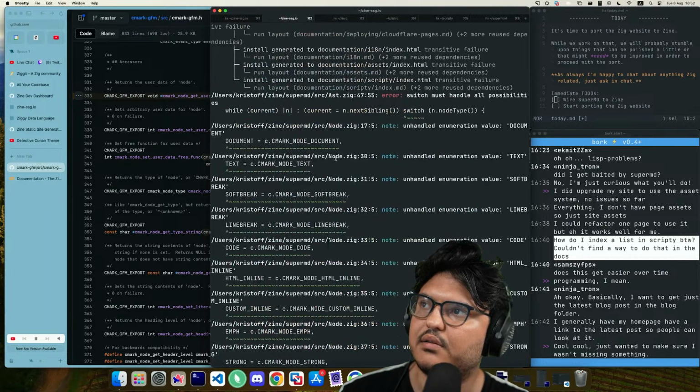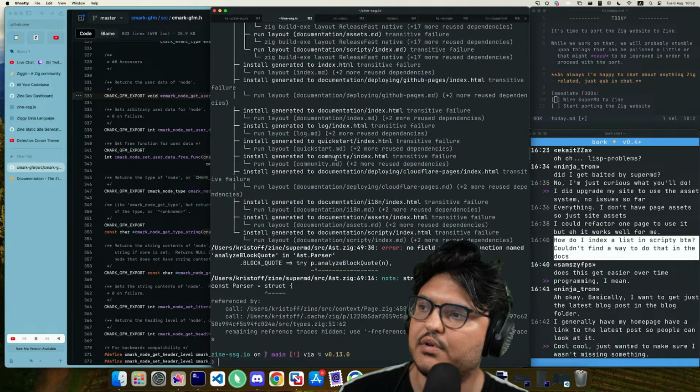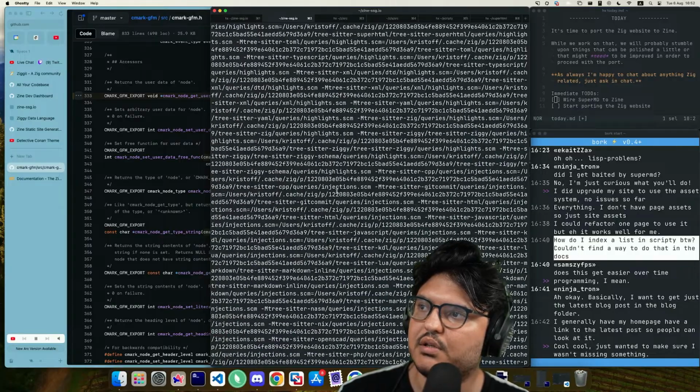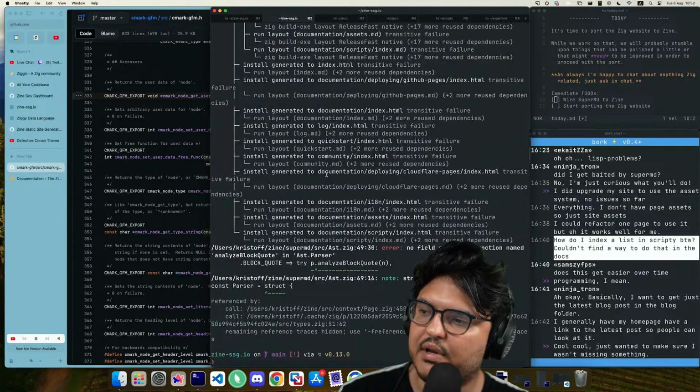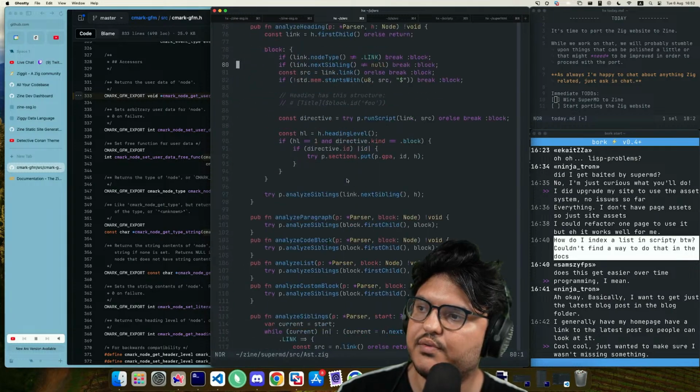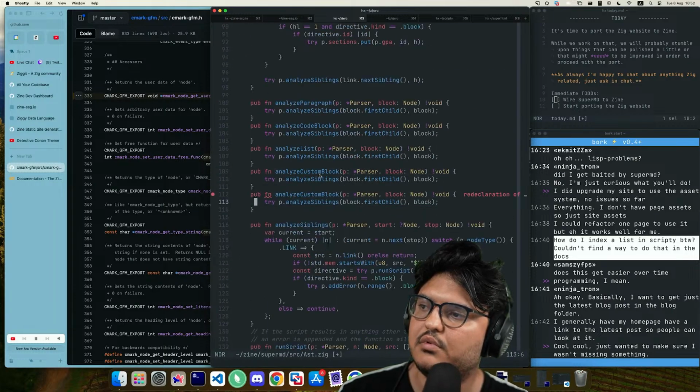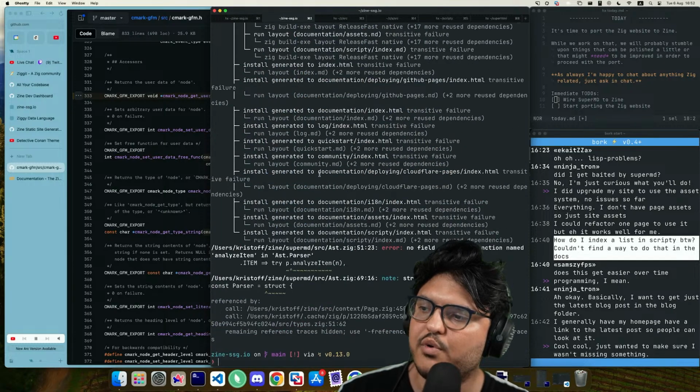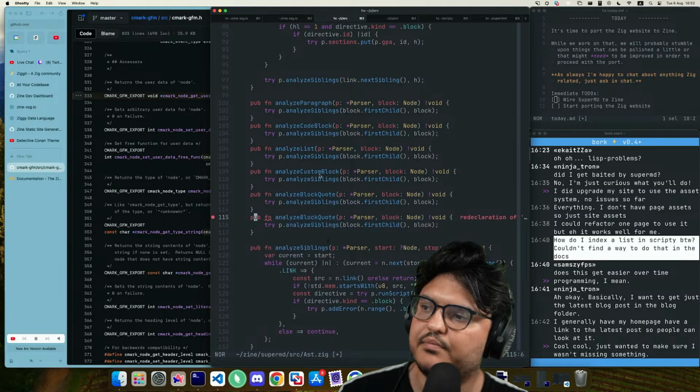We stay at the block elements level, so everything else should be not necessary. Analyze block quote. Okay, we will personalize these bad boys, but not now. And then analyze item.